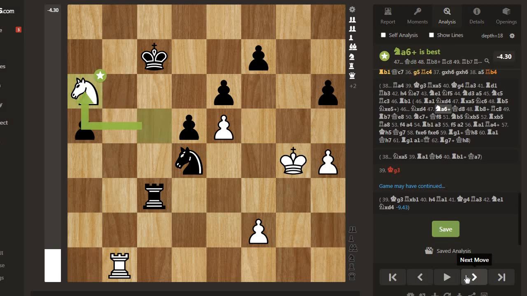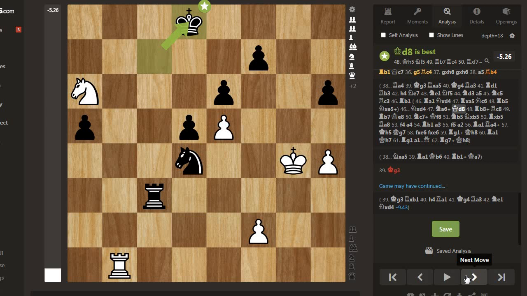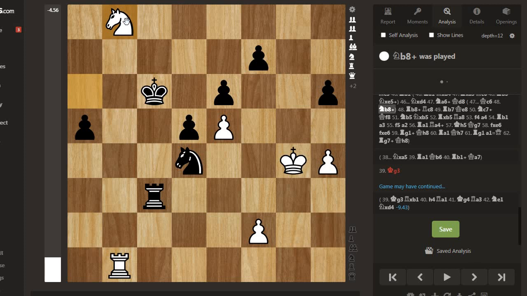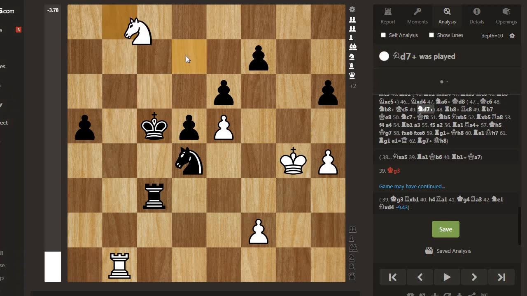Black is completely winning and white tries his last trick. Now king d8. However, black is vigilant. The game is over. Here king c6 would be a mistake. After knight b8 check, king c5. Now knight to d7